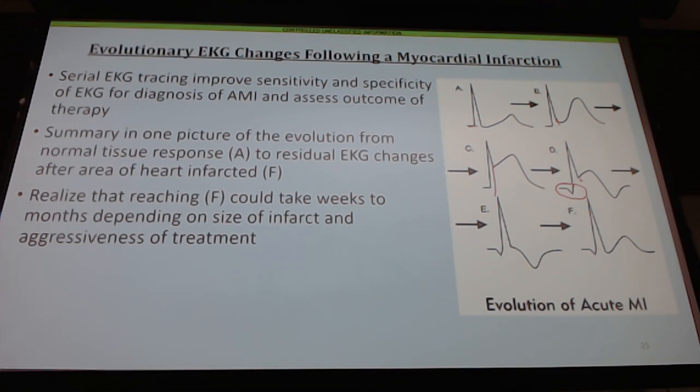You take care of the patient, you treat the problem, perfusion is restored, that ST elevation resolves, or is resolving, but then you start to have this inverted T wave that develops. So this is like a day or two after the fact. But you still have that Q wave present. And then potentially weeks or months later, that ST change is gone. It looks back to normal-ish, but you still see this persistent Q wave present. That's one of the ways you can tell if somebody has had a history of a heart attack.